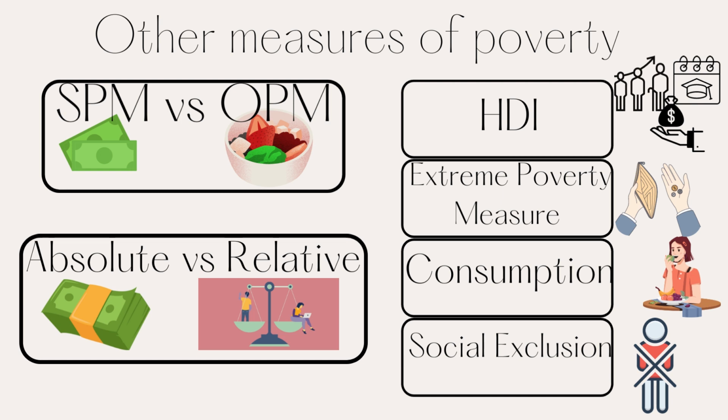Next is the HDI measure, which is the measure of health, education, and income. It takes into account average life expectancy, educated years, and expected years in school, as well as an income index. But the main disadvantage to this is how certain characteristics, such as life expectancy, are related to poverty, the connection between the two.